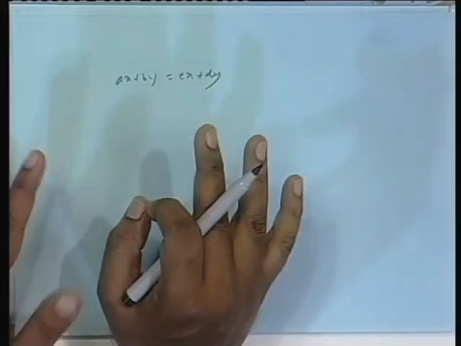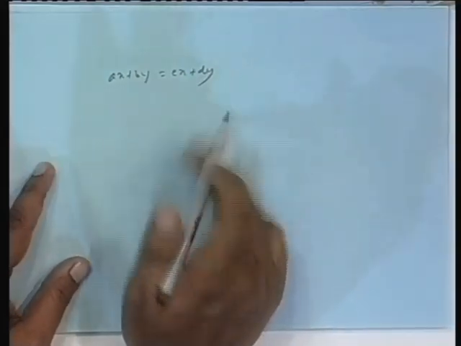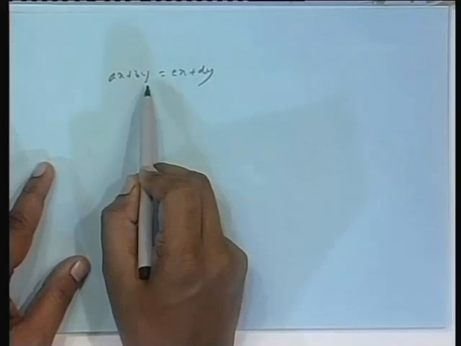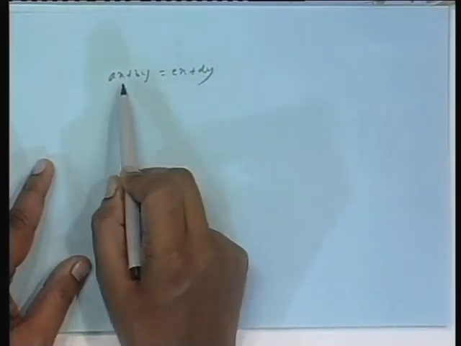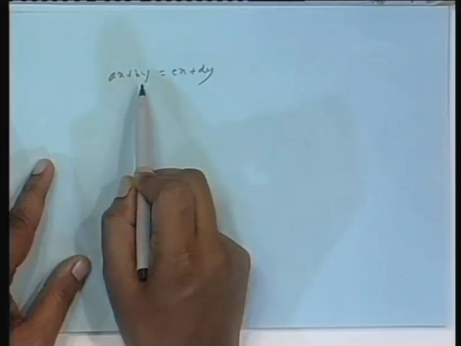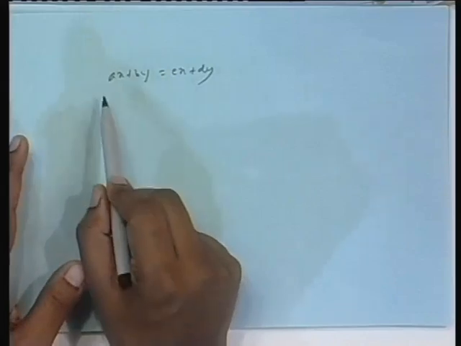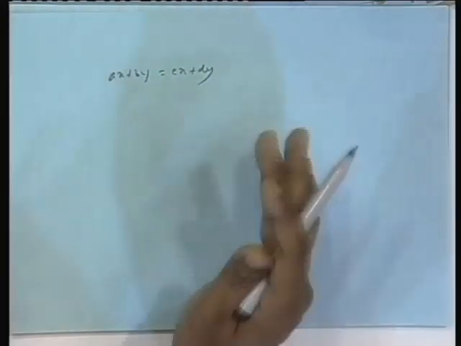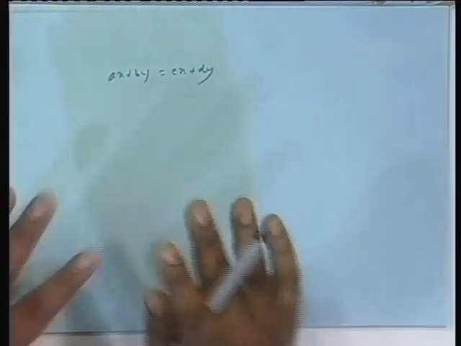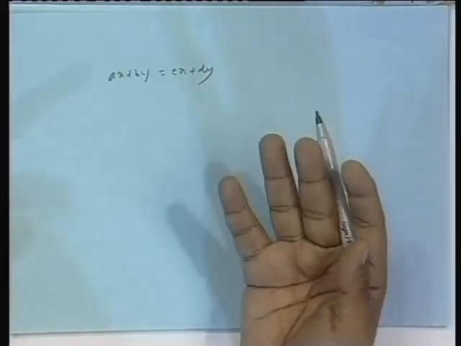Yes, if x and y are linearly independent, then only it is possible, mind you, because then you will take this to the right hand side: A minus C times x plus B minus D times y equal to 0. The only solution is A minus C is 0, meaning A equal to C, and B equal to D. Often you do this, matching coefficients, equating coefficients left hand side and right hand side. The essential thing is their independence. Without knowing this also, people are taught in school like that.